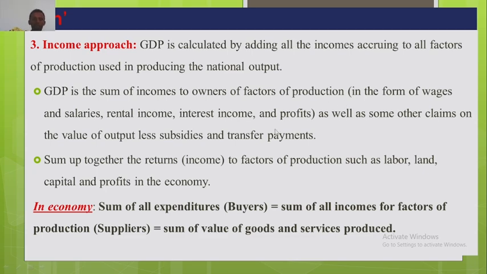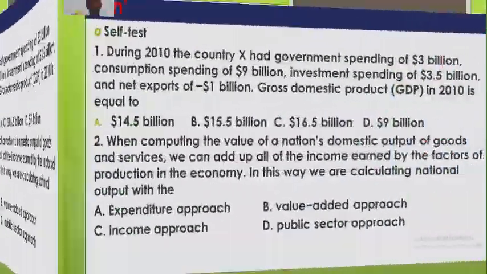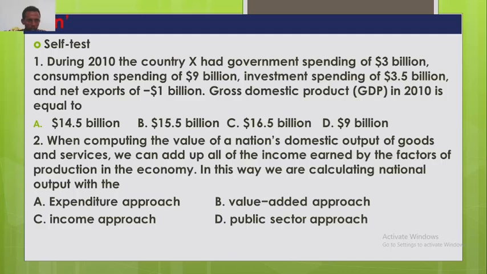In economy, sum of all expenditures is equal to sum of all income for factors of production suppliers, equal to sum of value of goods and the service produced. በኢኮኖሚ ውስጥ አንድ ፓርት ኦፍ ፒፕል ባየር ነው ኤክስፔንድ ያደርጋል። አንድ ፓርት ኦፍ ዘ አዘር ፓርት ኦፍ ፒፕል ሴለር ነው ኦር ኢንካም ጀነሬት ያደርጋል ማለት ሁለቱም እኩል ናቸው ኢኮኖሚ ውስጥ ማለት ነው። ቢኮዝ ገዢው ባወጣው ወጪ ልክ ሻጩ ያገኛል ማለት ነው። ስለዚህ በኢንካም አፕሮችን ብንሄድ በኤክስፔንዲቸር አፕሮችን ብንሄድ የምናገኘው ዋጋ ተመሳሳይ ነው። ሰልፍ ቴስት ይሄን ለራሳችሁ ሞክሩት።